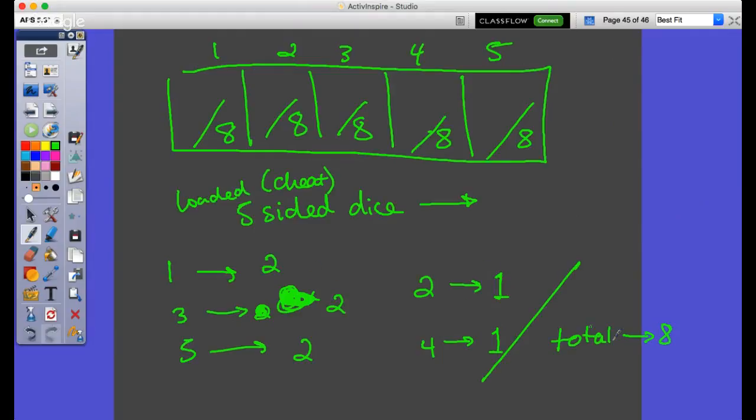But when I think of the total of 8, the probability of getting a 2 would be 1 of 8 because it's loaded. Probability of getting 4 is 1 of 8. Probability of getting 1 is 2 of 8 or 1 of 4. 3 would be 2 and 5 would be 2. And you could reduce these as well. But just understanding that when I say that there's a 5-sided dice or something that has this much more chance of getting it than these numbers, it's just something to think about as you're approaching this problem here.